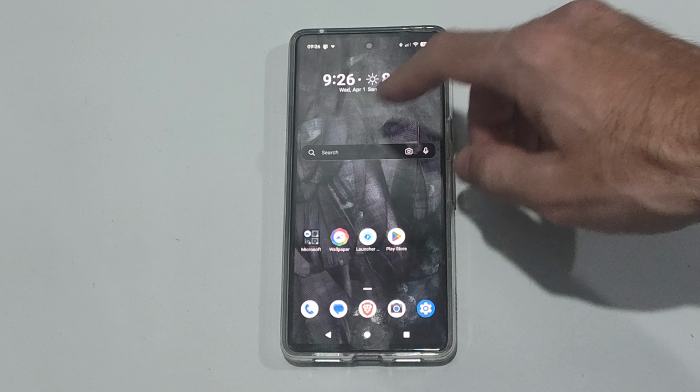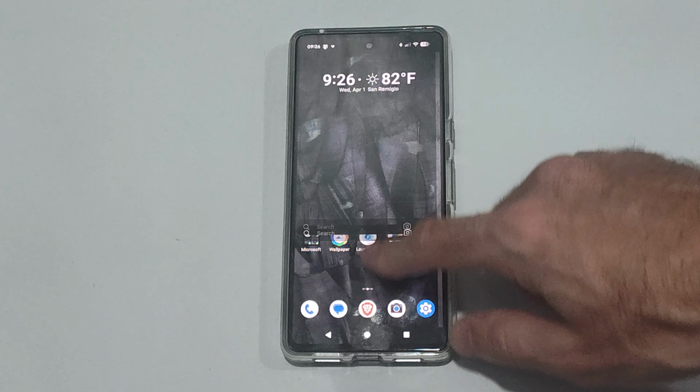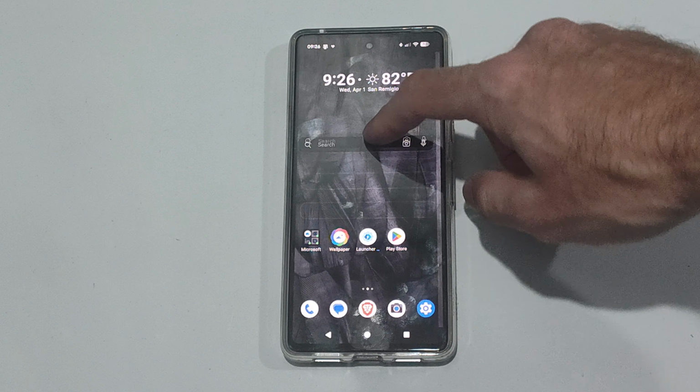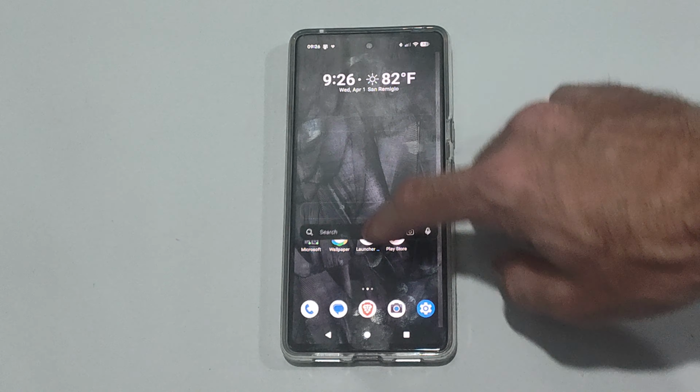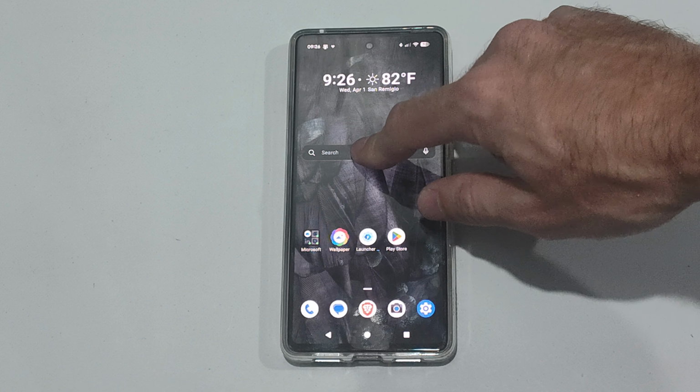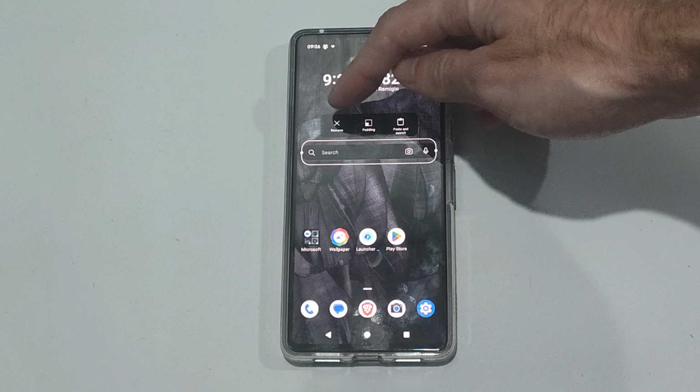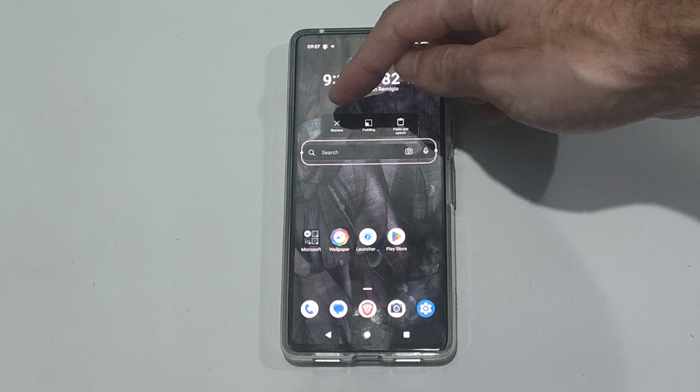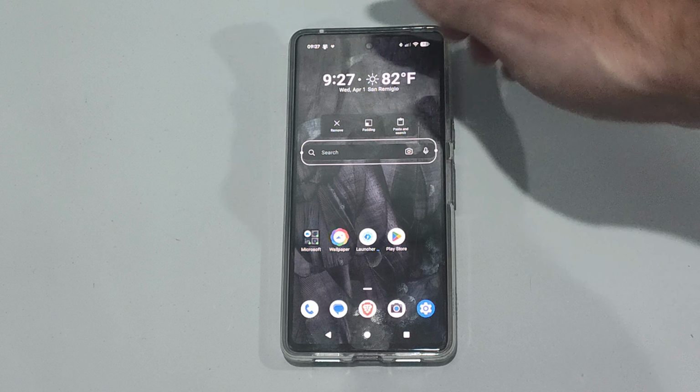Once this is selected, we should now have the Microsoft Launcher on, and we can drag this all around now, and if we hold down on it, we do have the option to remove it. So this should just be a standard widget on your phone now, so you can remove it right there,